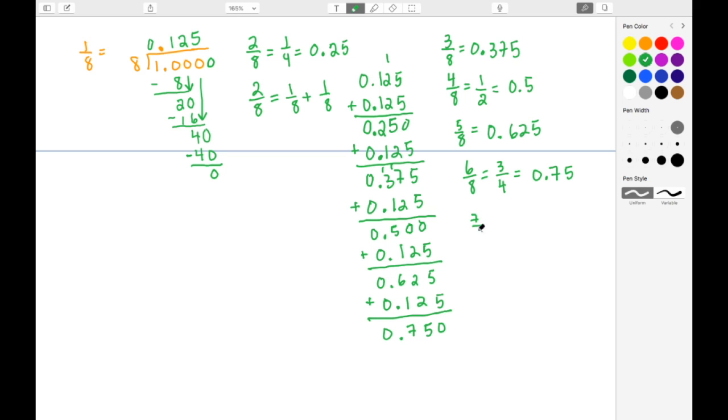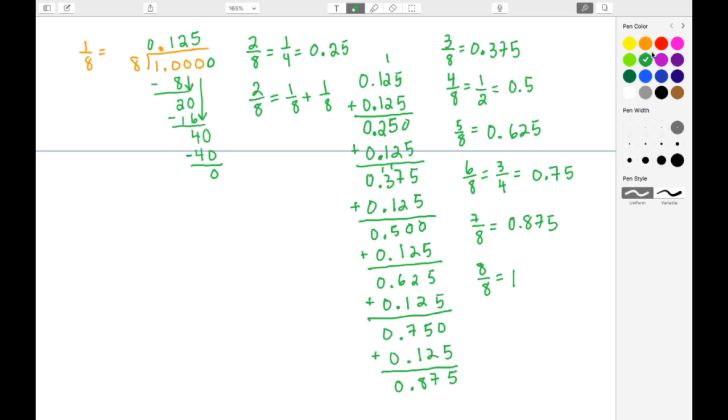On to our next one, which is 7 eighths. We're going to add on another 125 thousandths because we're increased by an eighth. So this here is 5. This here, 5 and 2 gives me 7, and 7 and 1 gives me 8. So here I have 875 thousandths. So let's write this right here. And of course, when we get to 8 eighths, we know that 8 eighths is the same thing as 1.